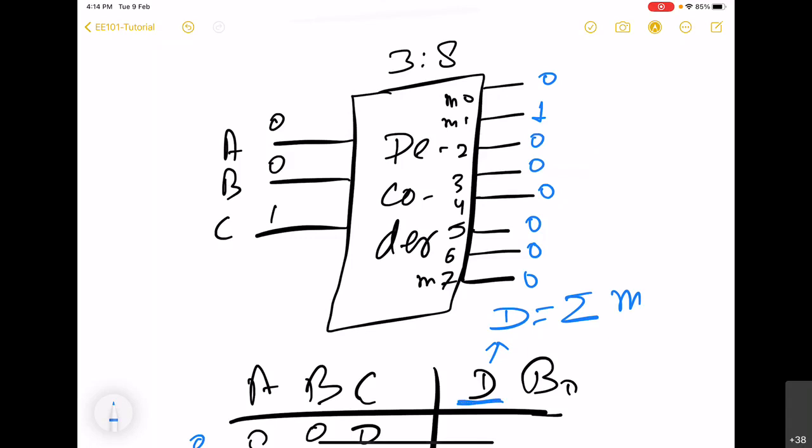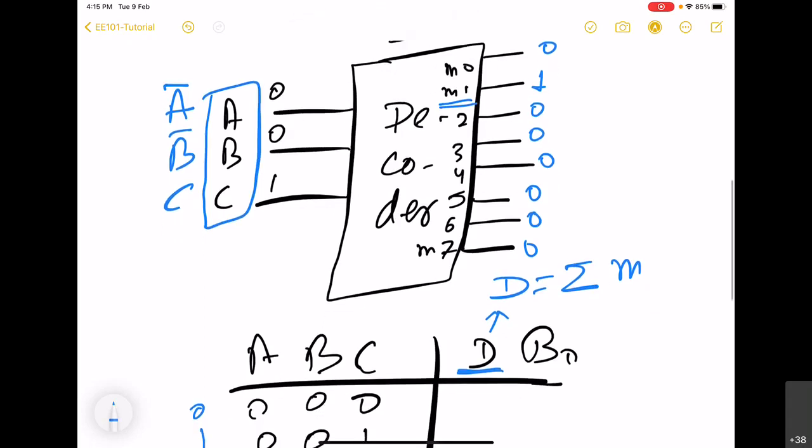You can see that these outputs are basically the min terms, because A bar, B bar into C will give you 1. So when we say that M1 is 1 for 001, that means this decoder is creating a sort of min term for these A, B, C inputs, right?